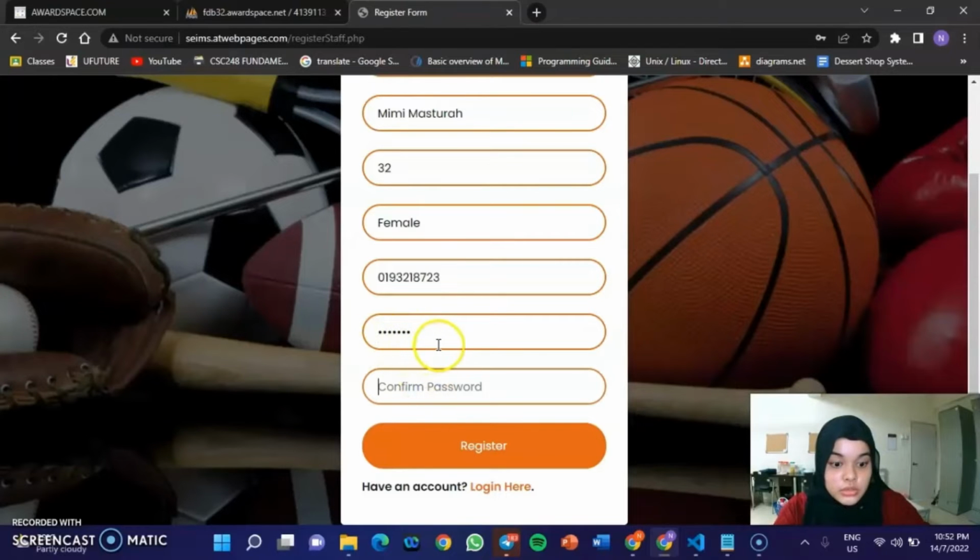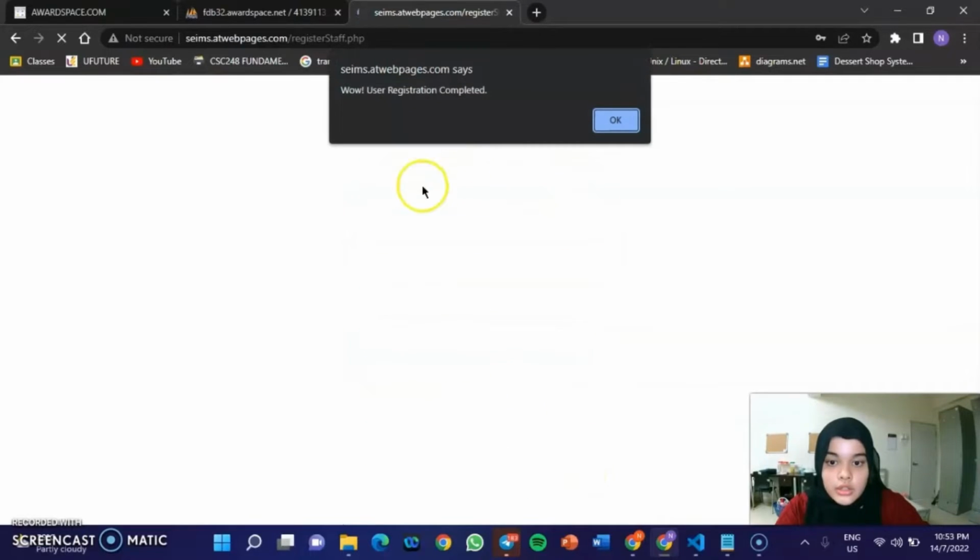The password must be the same. Then you just press the register button, and all the information will be